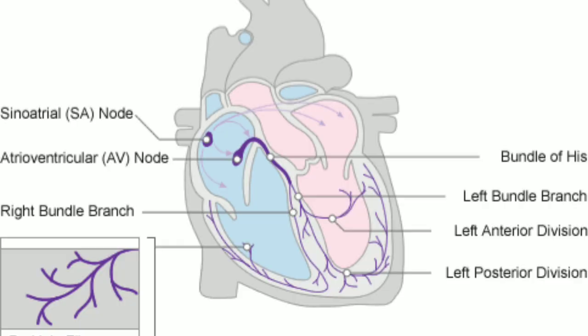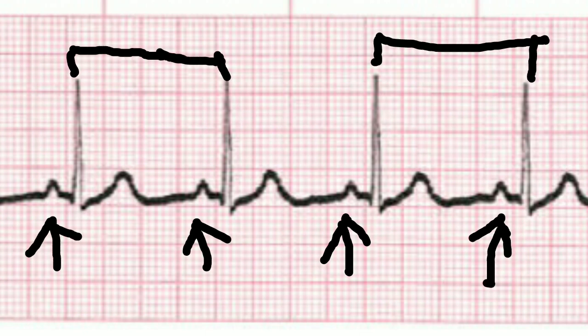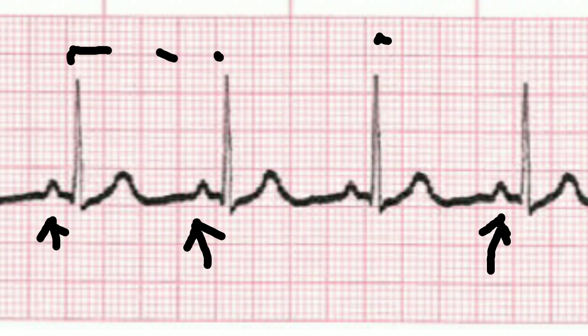After calculation of the heart rate, next after rate comes the rhythm. What do we mean by the rhythm? An impulse is generated from the SA node and passes through the AV node, and before that it causes depolarization of the atrial muscle, which is represented on the ECG paper as a P wave. After passing through the AV node, it goes through the bundle of His and the bundle branches, and it causes ventricular depolarization, which we have as a QRS complex. So before each QRS complex there will be a P wave. Before each ventricular depolarization there will be an atrial depolarization, and it happens at a very regular rate.